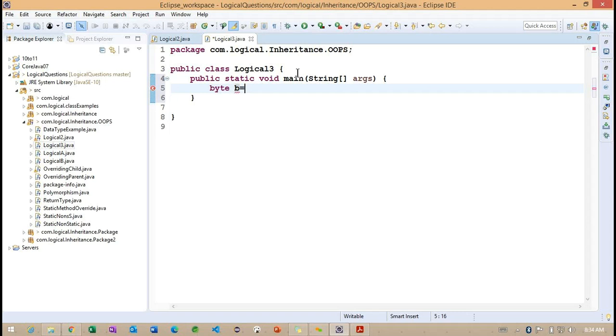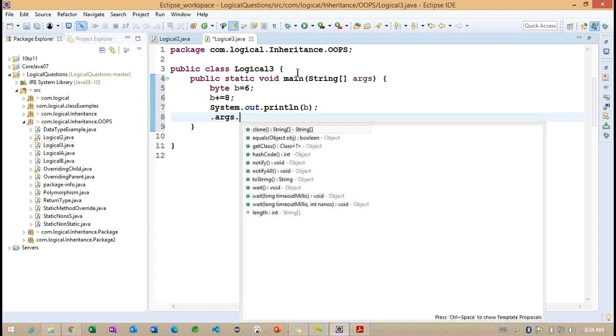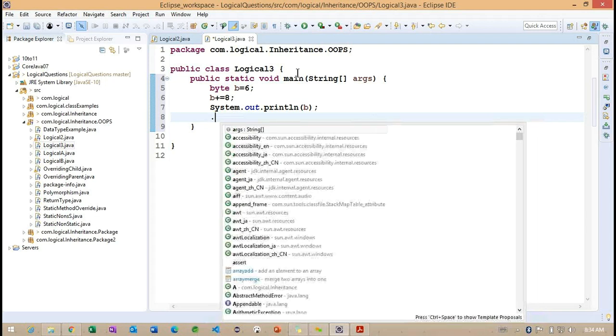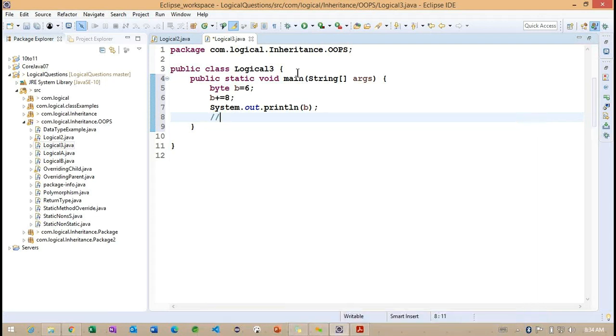So byte b is equal to 6, and later b plus equals 8. Then I print this b. And here I want to write b is equal to b plus 7.